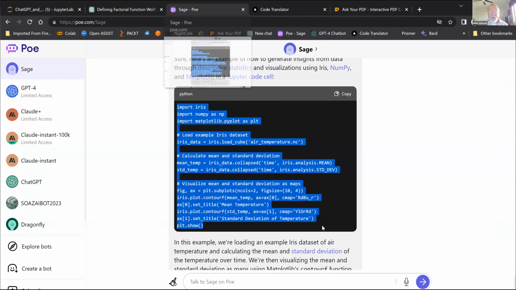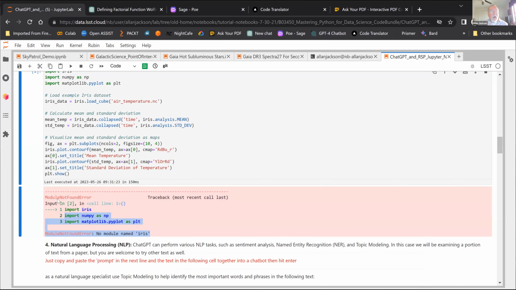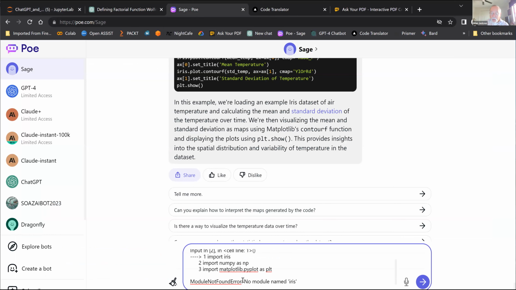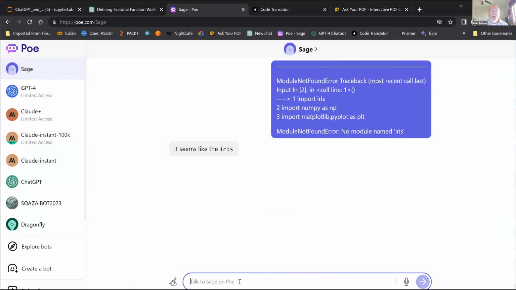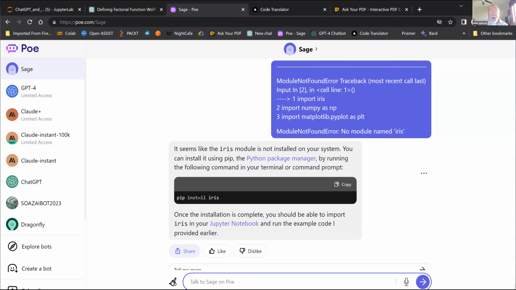I think you could just go back and say, regenerate this. Or another thing you can do is paste the error, like the one I just received. Many times you can just grab this error, paste it back into the bot, tell the bot that it made a mistake, and turn it loose. Well, I don't think pip install Iris is probably the right way to do it. I think your code is just a little bit different than mine.